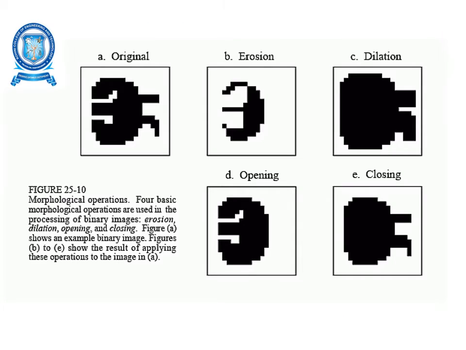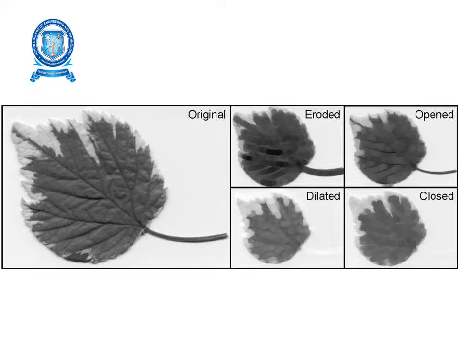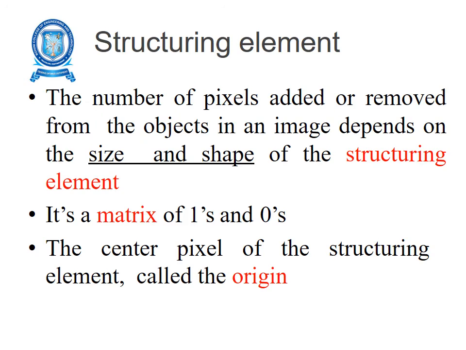Now we can see another example. Here the first image is the original image. After that you can see the removing of pixels is done, and after that the dilation, that is the adding of pixels. Opening and closing are not needed in this topic. If you need them, we will see them later. Similarly, this is another image. We have taken a leaf-like structure. That is the original image, and then it is being eroded, pixels are removed, and then dilated, pixels are added.